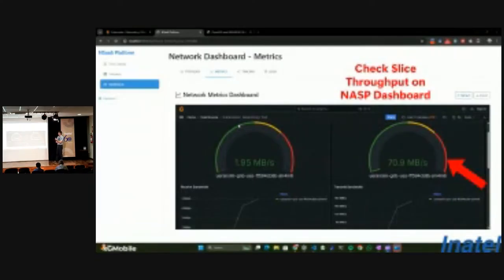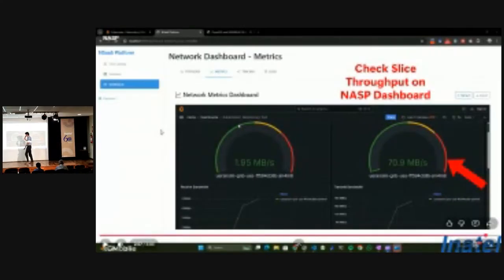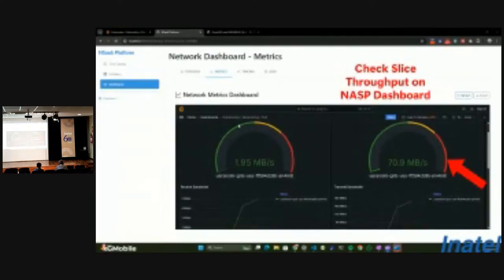We have the two visions, the operator vision and the tenant vision. Gustavo showed the operator vision. We showed all the slices. Gustavo created only two slices, but it's possible to see and manage all slices for one operator.